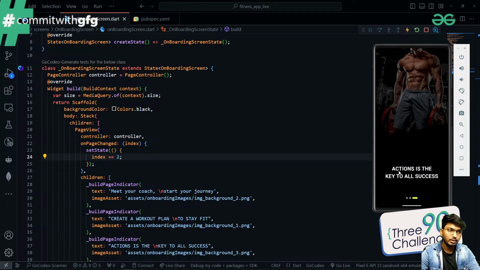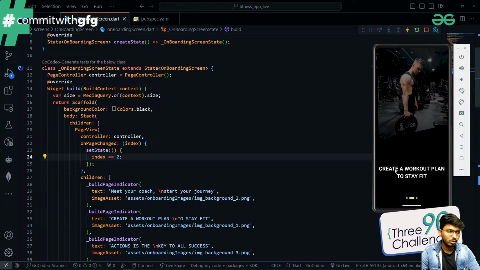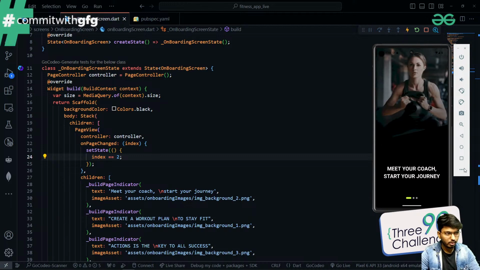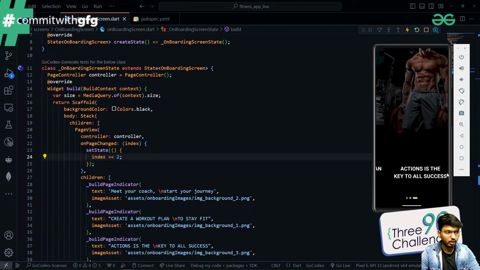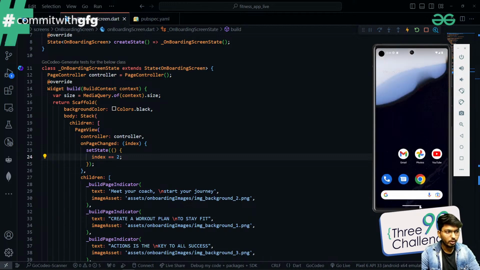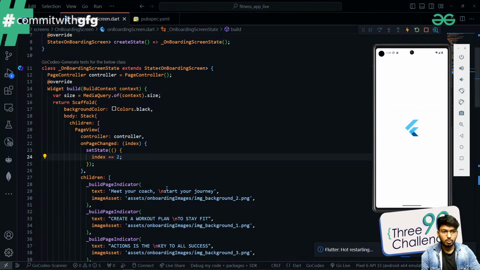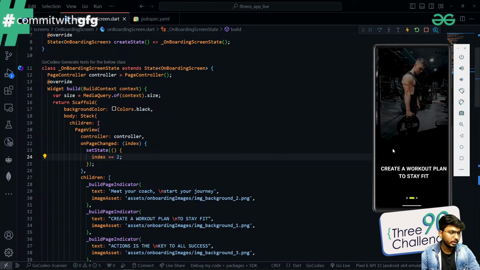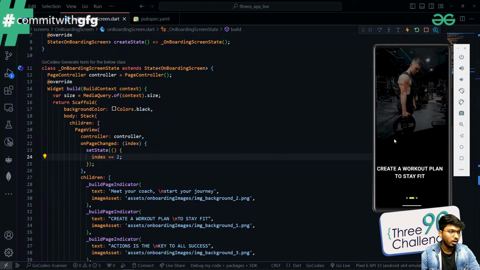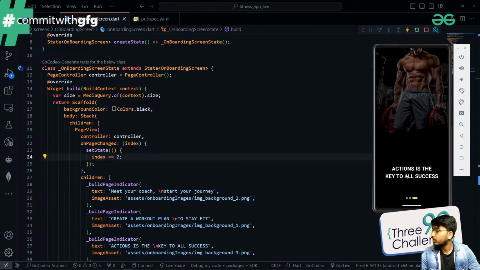See, action is the key to success. Create a workout plan to stay fit and meet your coach to start your daily journey. Now you can see that whenever we are trying to scroll it, it's working perfectly fine. So our first screen has been created. See, create a workout plan, action is the key to success and everything. Okay. So now that this part works perfectly,